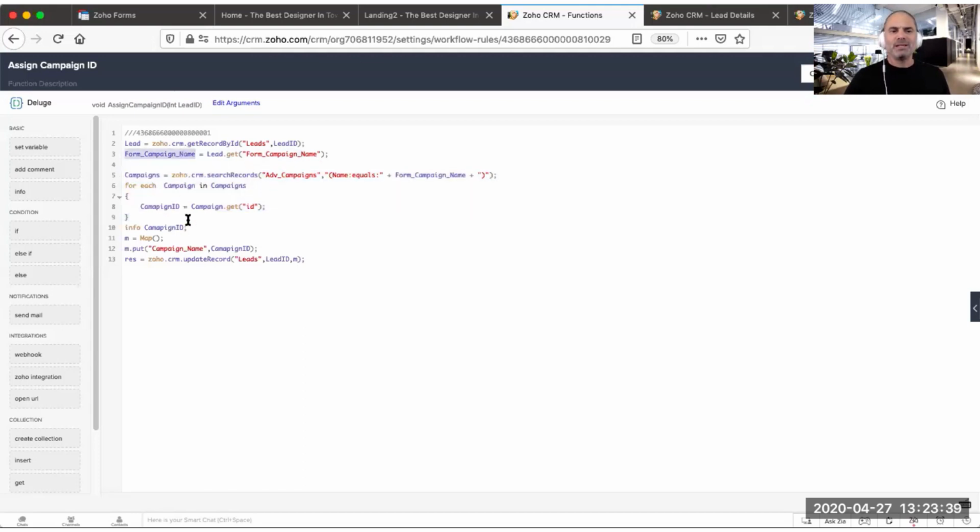And if there is, then it will create the assignment for the campaign name. So think about it as a function: what's going into the function is the form campaign name, and the output will be the assignment of the campaign ID to the campaign name. This is what's making the magic of the connection